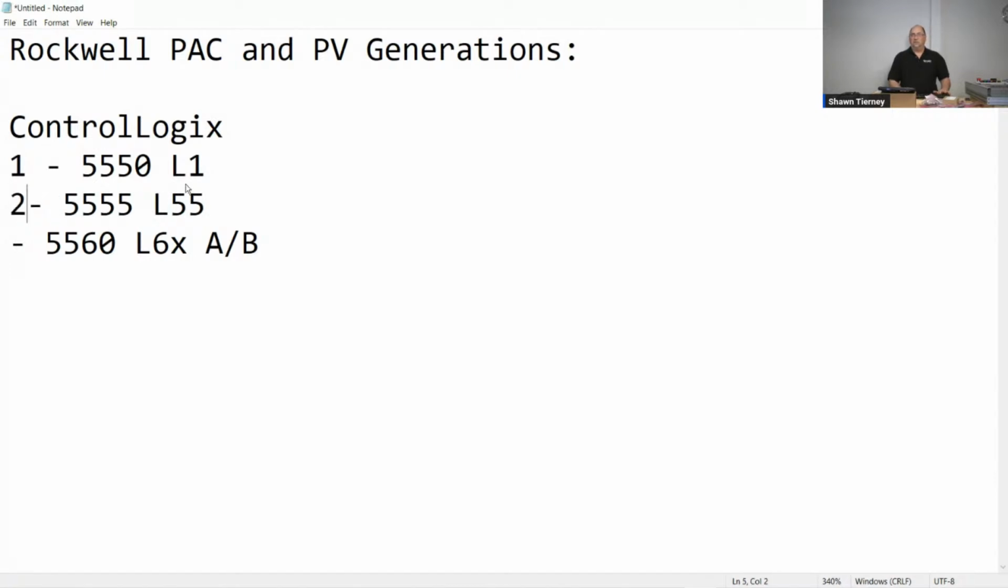But in any case, I'm going to consider this Gen 1 because it is substantially different in design than the L55 Gen 2. And then I'm going to consider the L6 Gen 3, just because it's quite different. It has a lot more capabilities than the previous generations. The circuit boards are substantially different. I know the A and B have different circuit boards, but not as dramatic a redesign as the L1, L55,